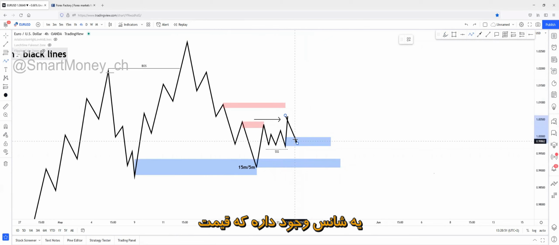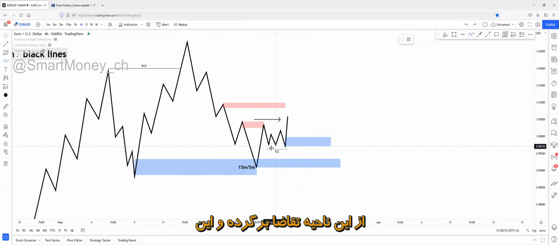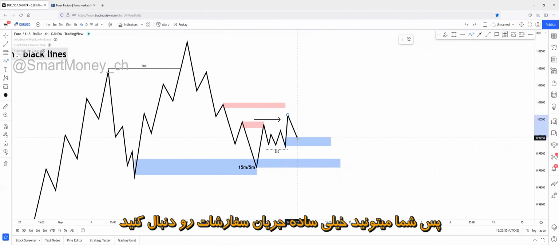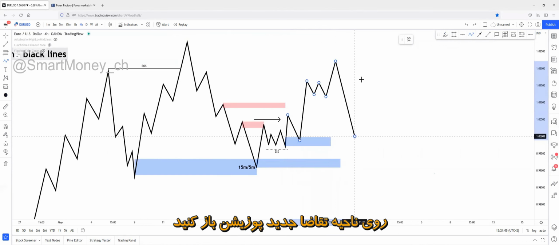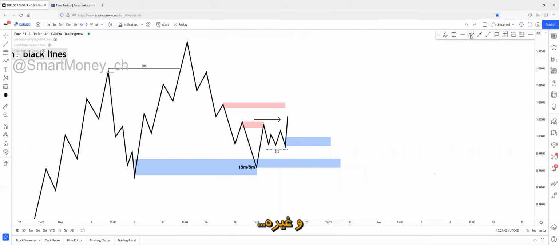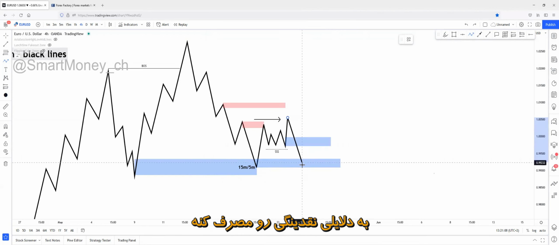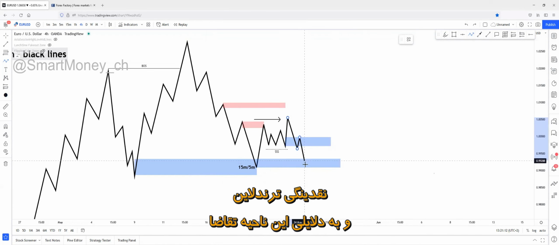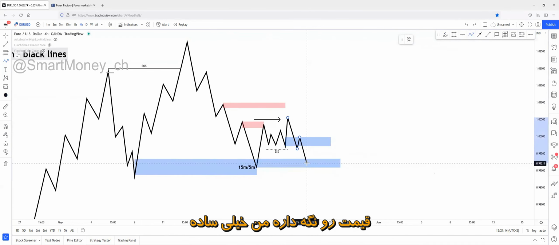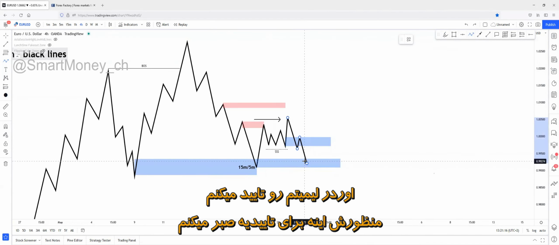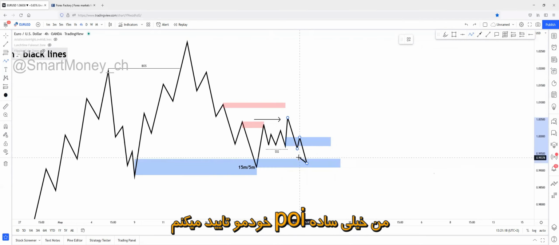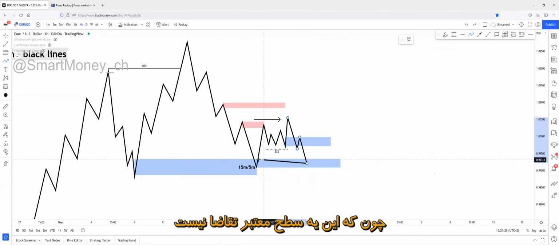Of course, there's a chance that price will be reversed on this demand zone and this liquidity won't be swept. Then if this happens, you can simply continue the main order flow and you can open positions in the fresh new demand zones, etc. These are continuations. I created a continuation video, just watch that. But if this demand zone breaks and price flips the liquidity, and for some reason, for example, it creates one more liquidity line, and for some reason this demand zone holds, I'm just simply confirming my entry limit. I'm just simply confirming my POI, because this isn't a valuable demand zone for me.